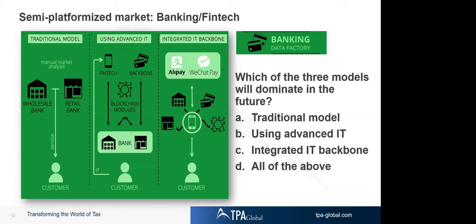And then the third model is the integrated IT backbone. Myself, I'm using ING, and I like the app very much, and I can do everything from that app. I have a credit card, I have insurance there, I can invest from there. I can honestly do everything from there, but that doesn't mean that ING is the owner of all these services. No, they're just delivering the interface in which I can do all my banking and other financial